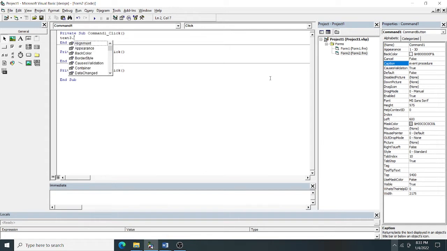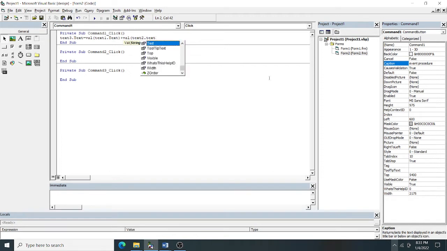Text3.Text equal to Val of Text1.Text plus Val of Text2.Text, then plus value of Text3.Text.